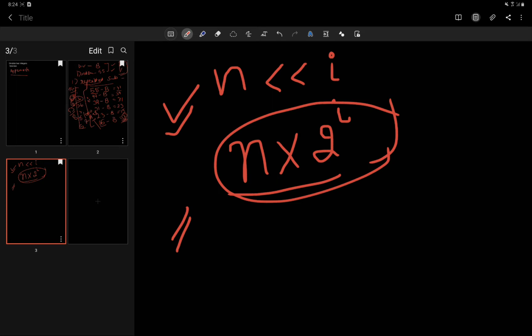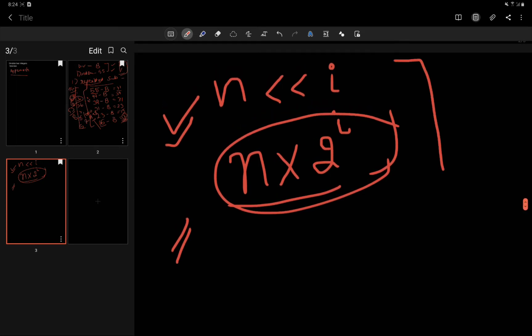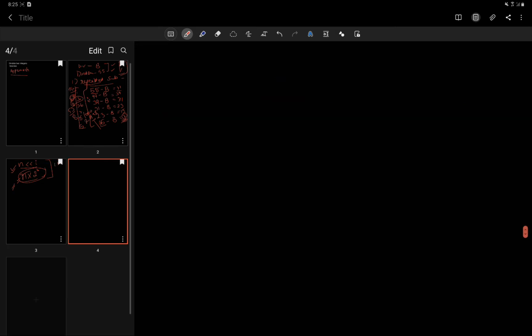I won't go into the details, but I just want the concept to be clear: if we use this operator, then the result is this. All right, is it clear? So I think the left shift operator is clear, so you won't have any problem when we use it in code.